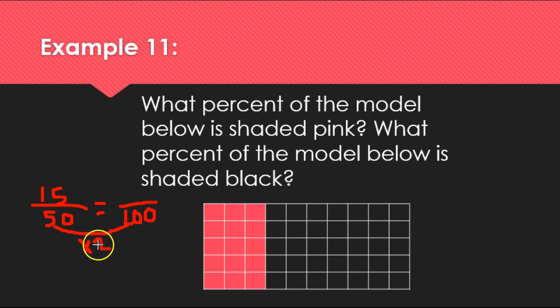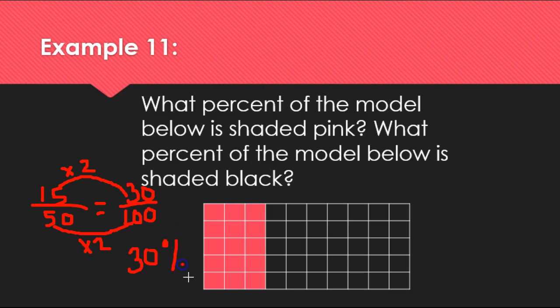If I multiply 50 by 2 to get to 100, I have to do the same thing up here on top. So 15 times 2 gives me 30. So now that I have it over 100, I can write I have 30%